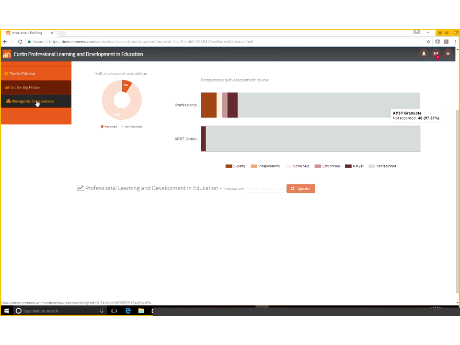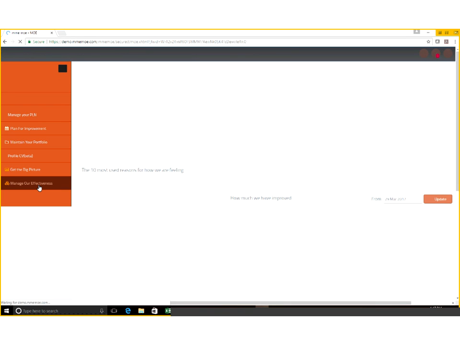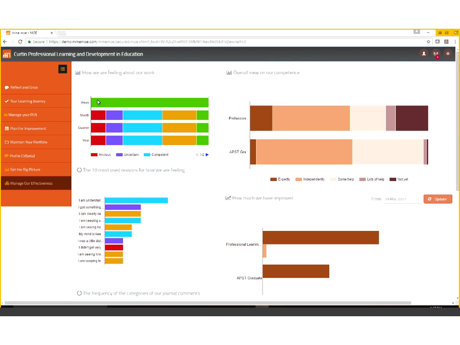And then we have our manage our effectiveness. Now the first 7 bits are for you: for you to reflect and grow, for you to be on your learning journey, for you to manage your learning network, for you to plan for improvement, for you to maintain your portfolio, your CV, and for your big picture. But then we get an overview. So Catherine and I will get an overview of how the group is feeling about things and how well they're doing. So for example, this is how the